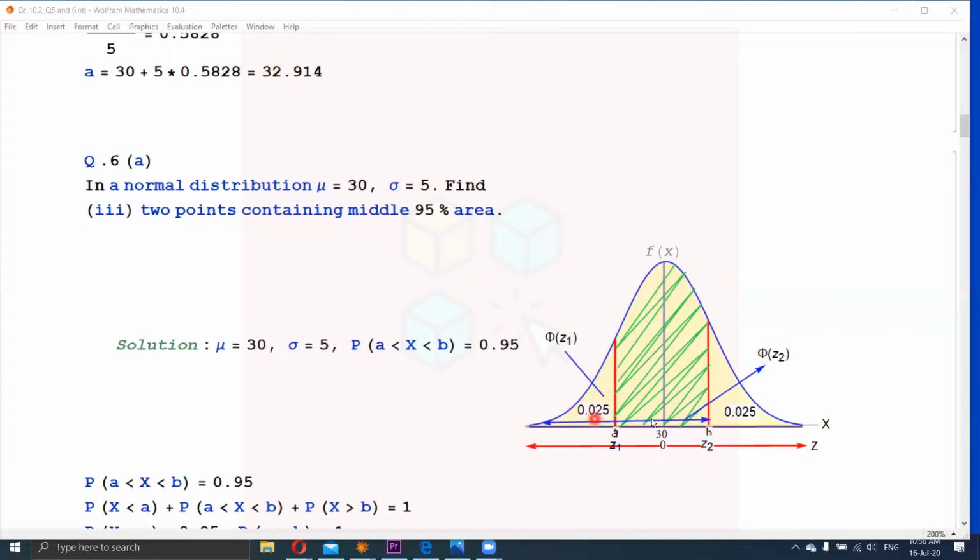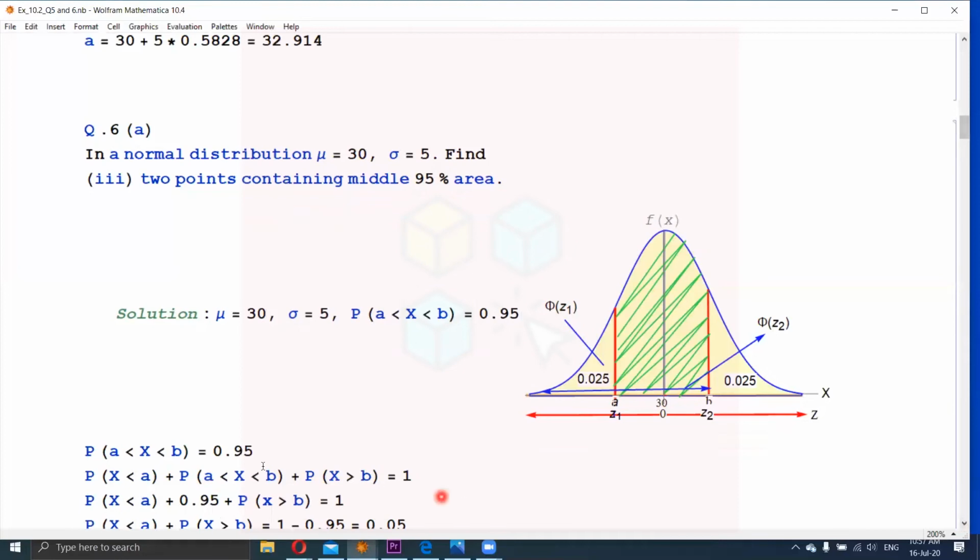And all three are adding to 1. So we can write it as probability X less than A plus probability X lies between A to B plus probability X greater than B. All three are written as equal to 1, because these three probabilities are actually portions of the whole